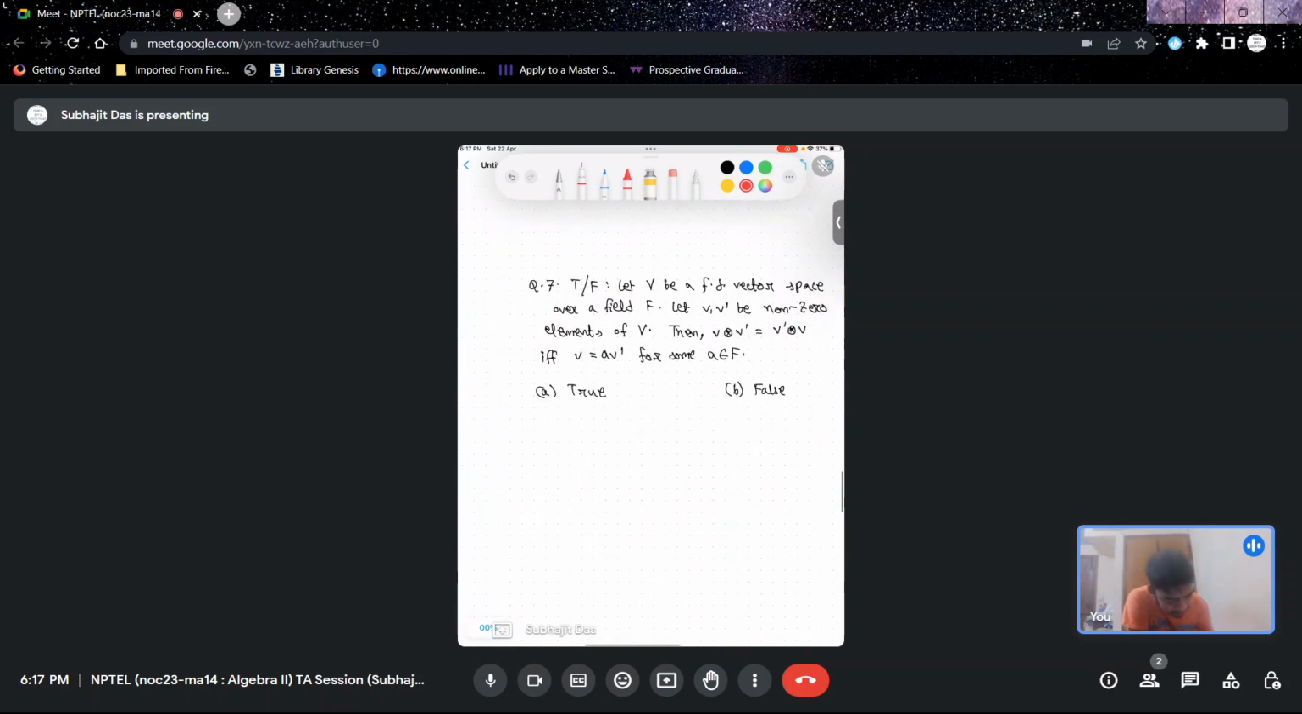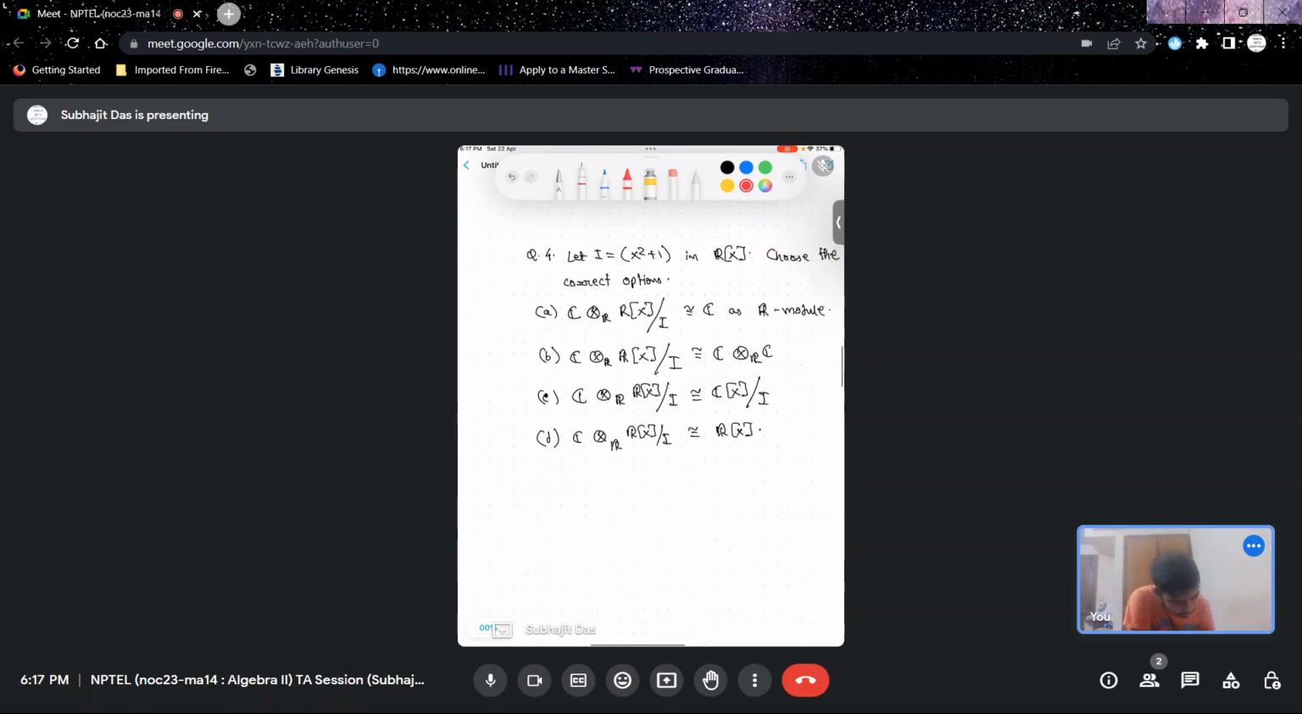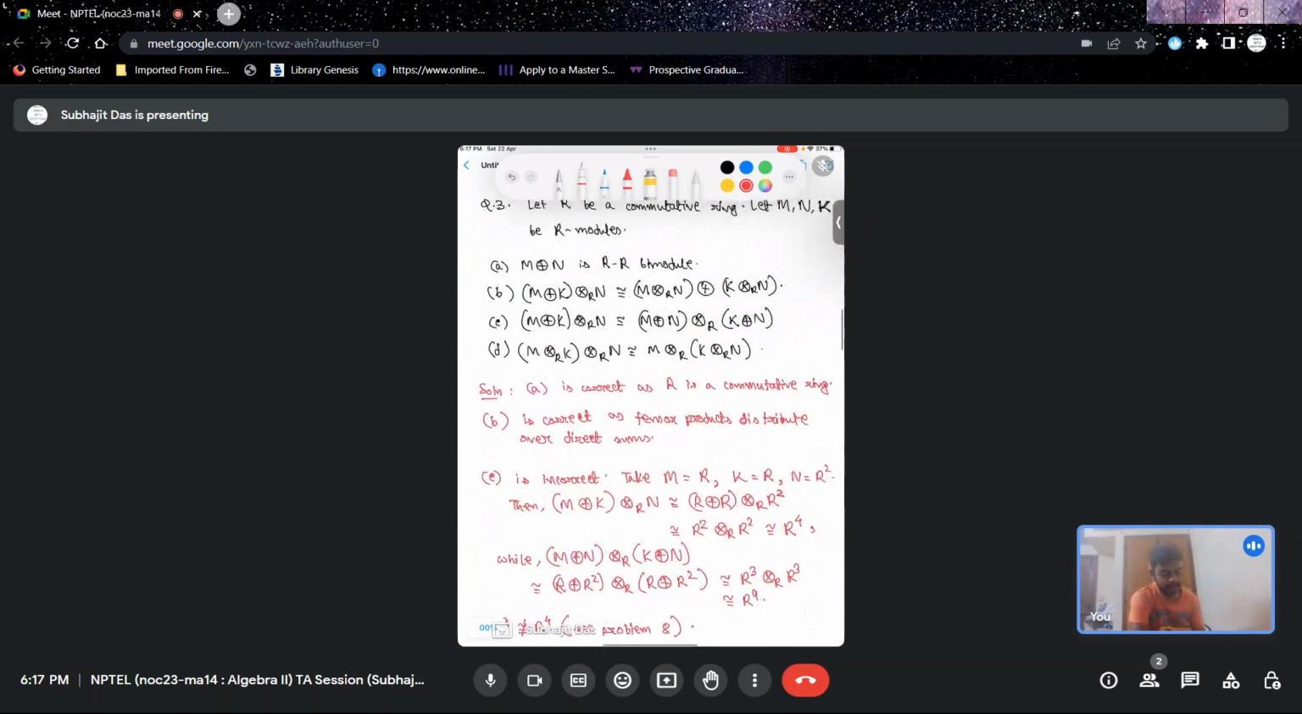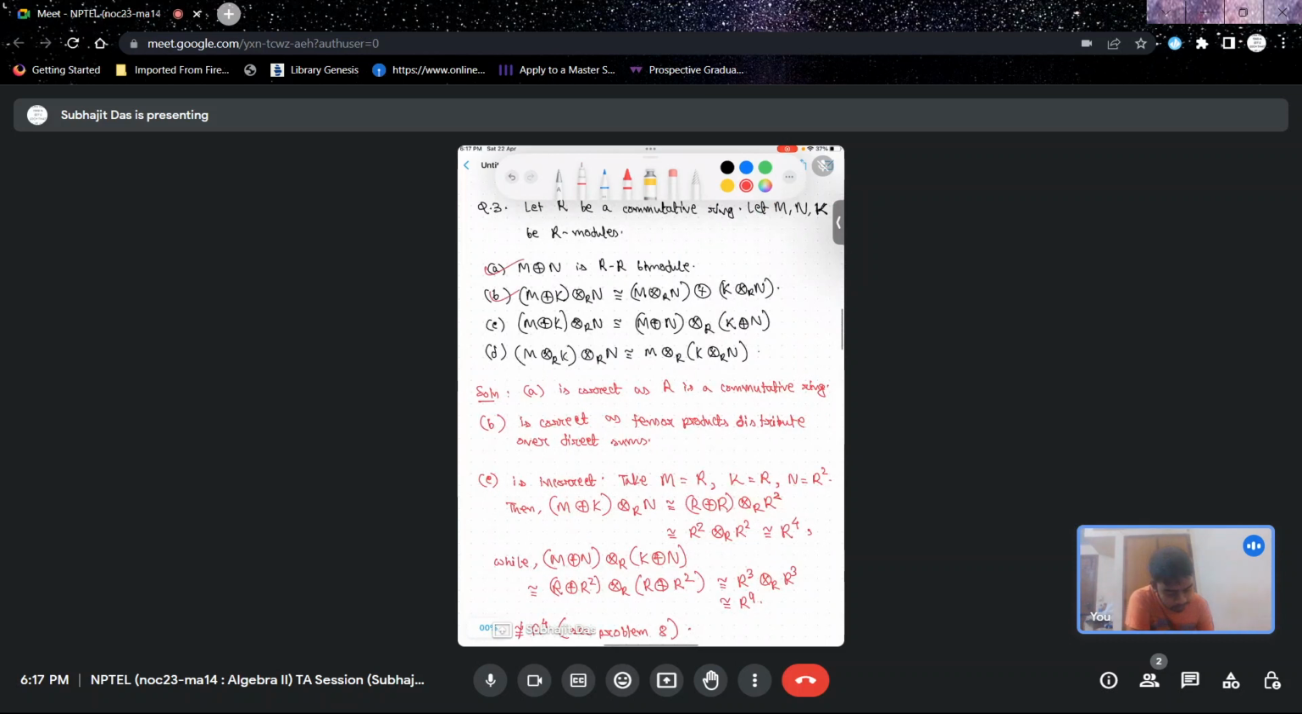Yeah, so it's 8. So C, problem 8. Okay, and what about option D? So option A is correct, option B is correct, option C is incorrect, and D says that M tensored over R with K tensored over R with N is isomorphic to